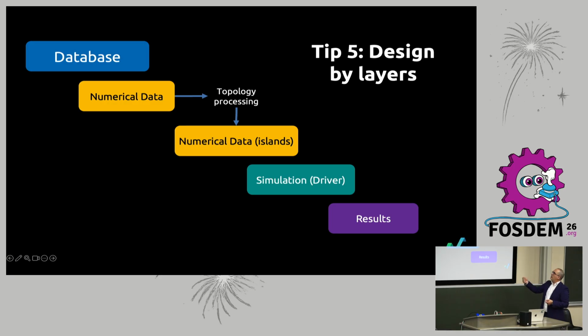Simple stuff. Going deeper in the design, I have a database, and then I have something called numerical data, which is views of the database that are very fast for computation. And in fact, getting the view of the database is a copy operation, so it is very cheap, in contrast with going through arrays and stuff like that, which is very expensive if you don't do it right. And you do topology processing, which is usually very expensive to do on a database. You do it on data, it is snap, then simulation, then results. By layers, everything.